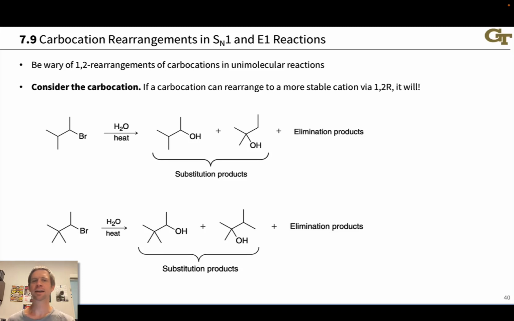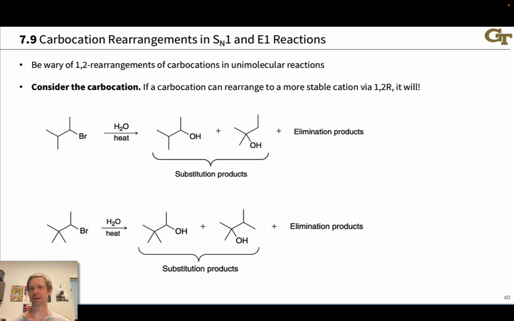SN1 substitution and E1 elimination reactions involve a common carbocation intermediate, and this carbocation can be susceptible to 1,2 rearrangements. My advice to you when you know you're in an SN1 and E1 context is to think mechanistically and be very careful with the carbocation intermediate. Always consider the carbocation and generally go by the rule, if a carbocation can rearrange to a more stable cation